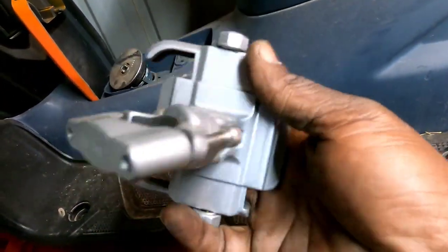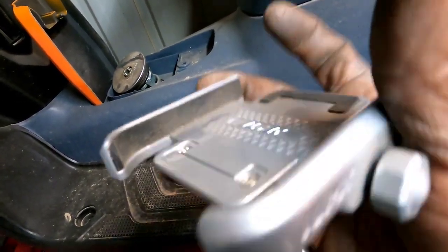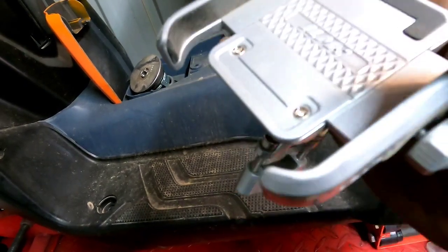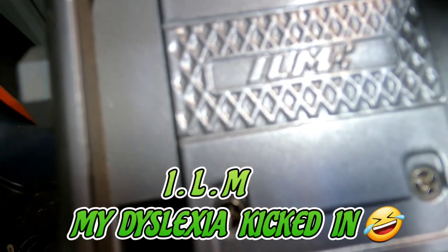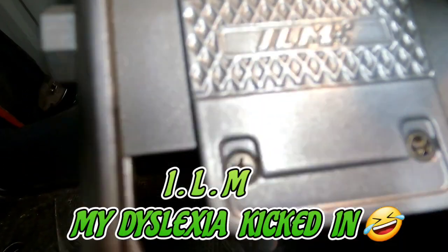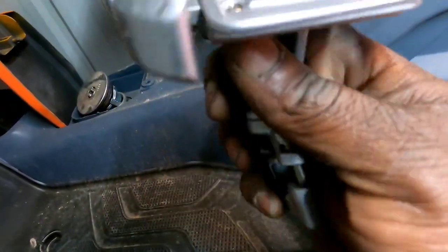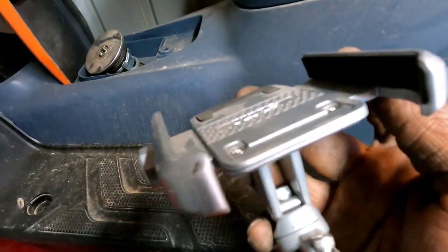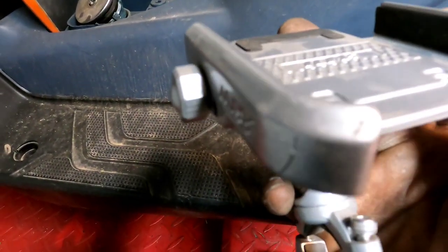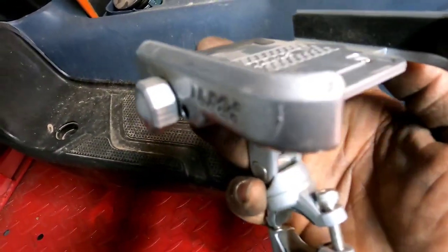I got this thing off of Amazon, like it was 25 or 30 bucks. Or was it eBay? Might have been eBay. I can't remember, man, but if I got it the right way, it's an IML brand. I don't know, but it seems to be pretty good. I don't think it's going to be thick enough for my phone to fit with the case on, but this thing here basically has these little nuts on the side, man, where you can tighten it up on your phone